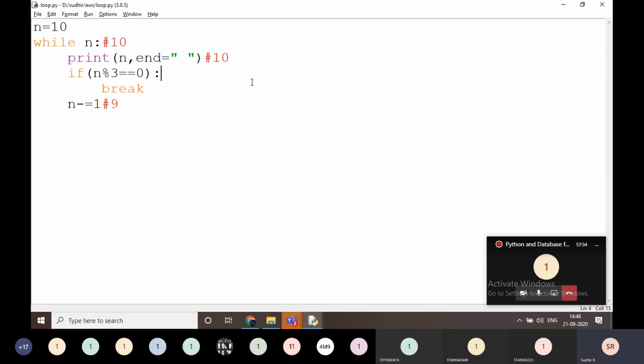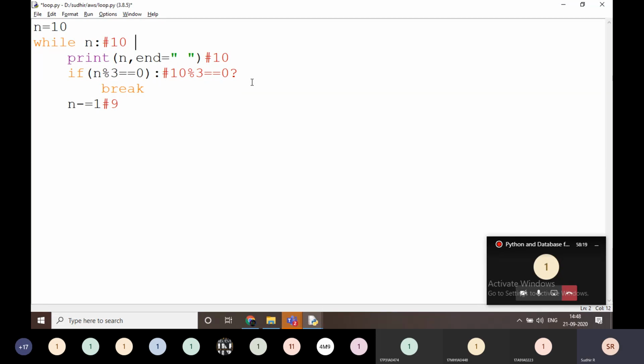Then coming to this position, is 10 mod 3 equal to 0? Is it true? Is 10 exactly divisible by 3? No, sir. No, then break is not executed, and n becomes 9.